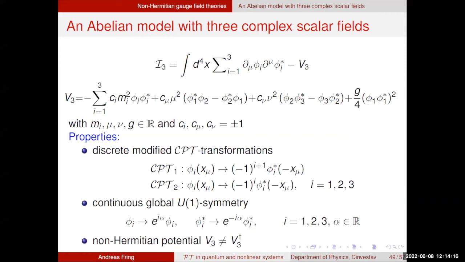It is now PT-symmetric, but modified. You see, this is not standard CPT symmetry. There are these factors coming from. That's why we call them modified. And we do not expect to find CPT symmetry because this is a non-Hermitian theory. So these are now the properties, and these C's are just plus minus signs. So it's a field. There are three complex scalar fields. And these are the symmetry properties. Let's work out the